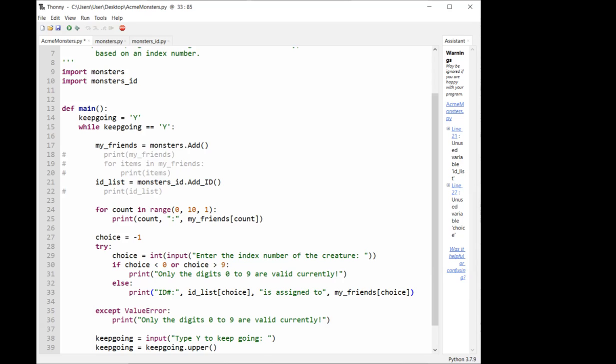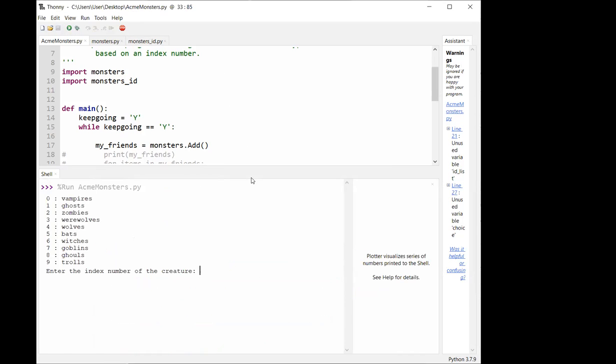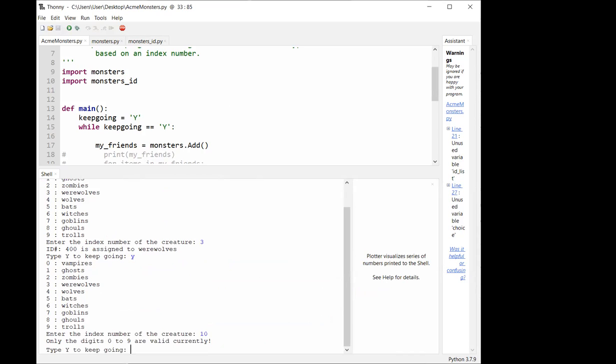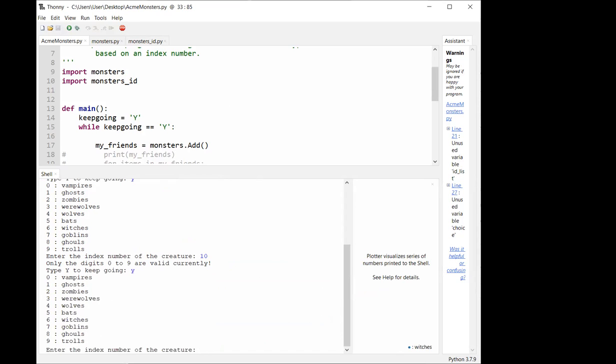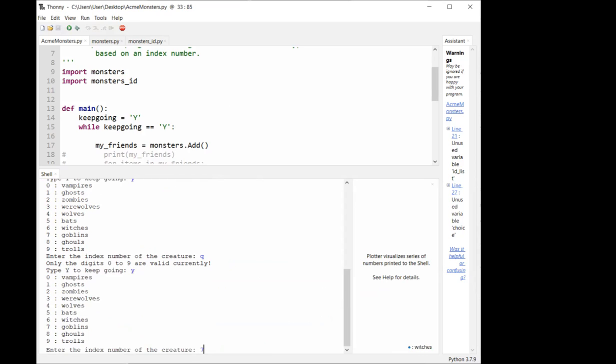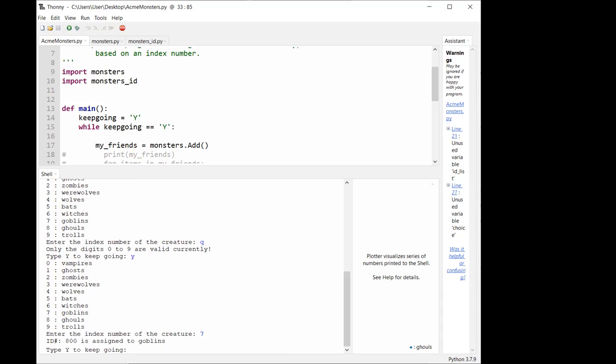I think that'll work. Okay, so now if I save that and run it, and I pick 3, ID 400 is assigned to werewolves. That's right. If I type in 10, it says only the numbers 0 through 9 are valid. If I type a Y, I type the number Q. It says only the numbers 0 through 9 are good. Type in Y, type in 7, and I get goblins,